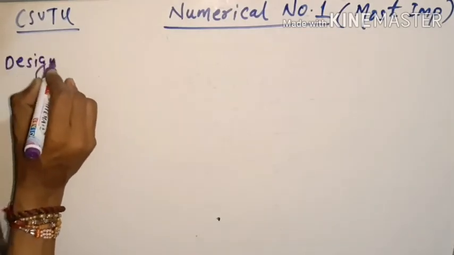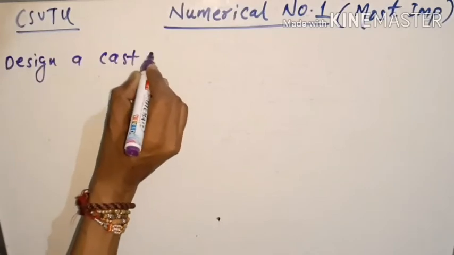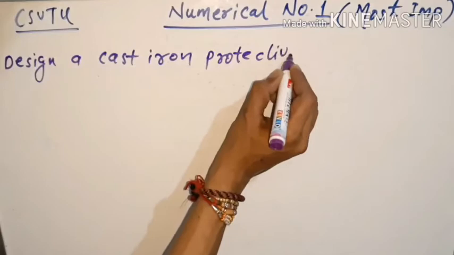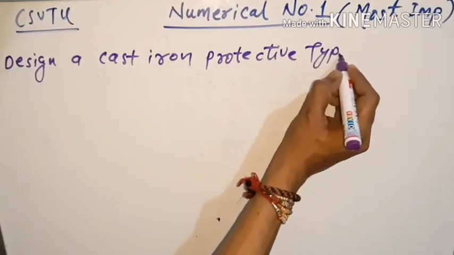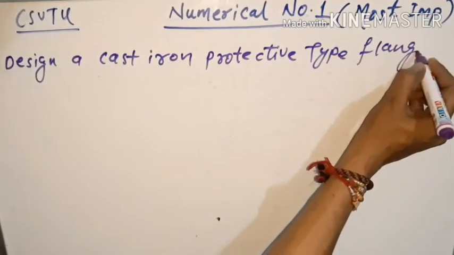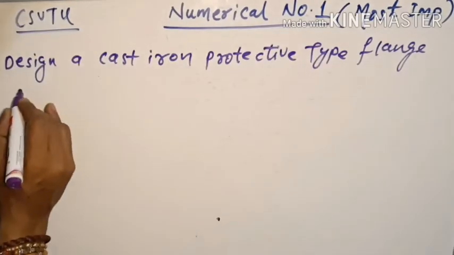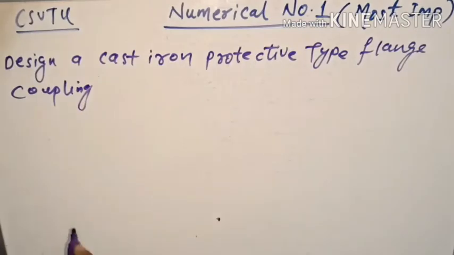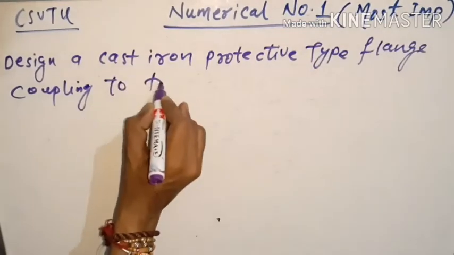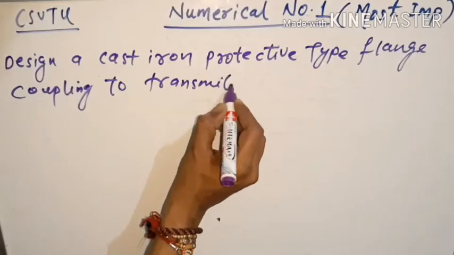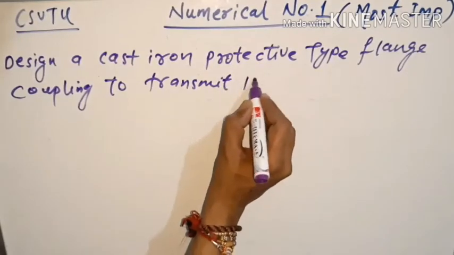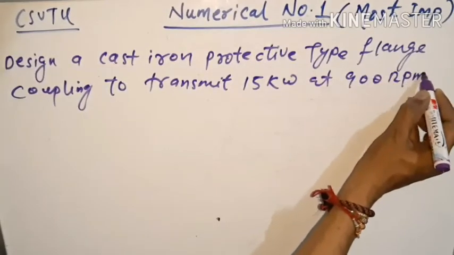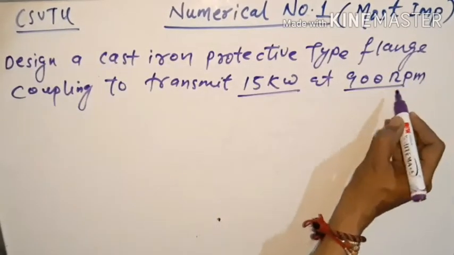Design a cast iron protective type flange coupling to transmit 15 kilowatt at 900 rpm. Remember, this is your power and this is your speed, that is N,